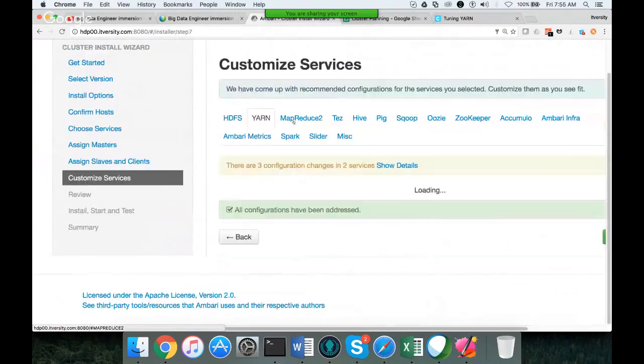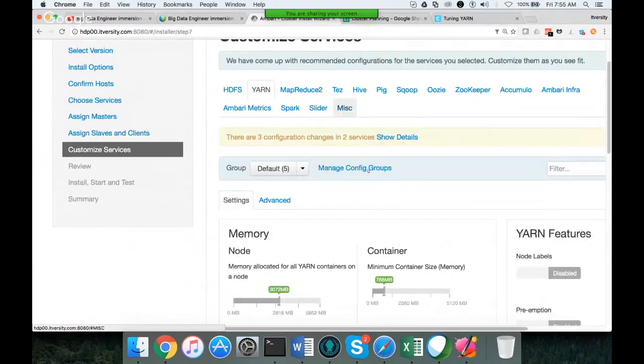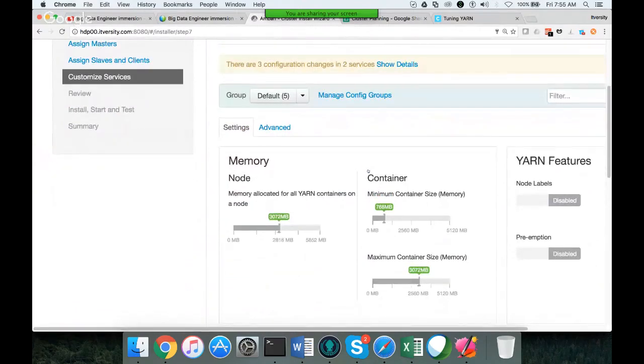Then you have to go to YARN. In this case, each of my nodes is only 6 GB, and I have given one. I didn't do any planning. I am accepting all the default values. Even in your case, when you go here, it will take some default values based upon your cluster size. You have to review and make sure that the values are reflecting as per your plan. And on a 256 GB server,